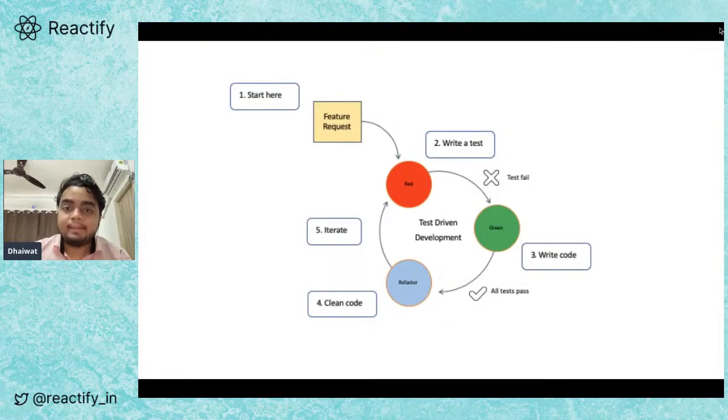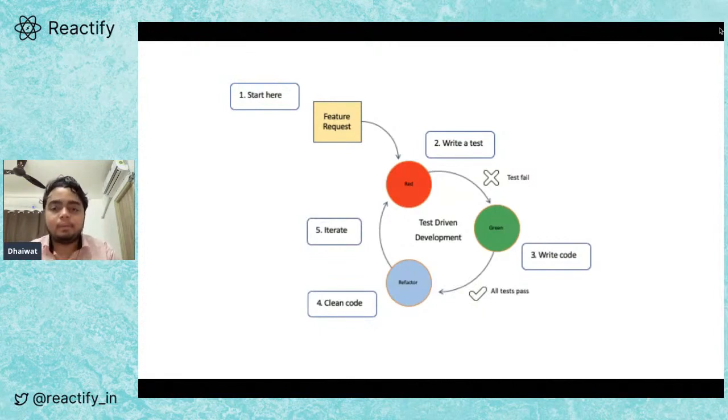So when you first write tests, it will obviously fail because you don't have any source code. Like I said, you don't write the markup before the test. So your tests will fail. Now, of course, you want your test to pass. So now you go and write the markup. Then you receive the feedback from the test, whether your tests are passing or not. If your tests are still not passing, you obviously look at your code, check if everything is right. If you spot a mistake, correct it. And when your test finally passes, that's when you know that at least your component is working now.